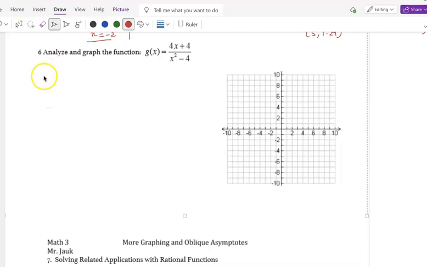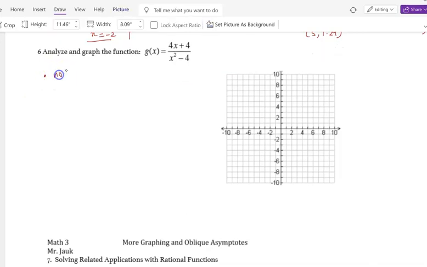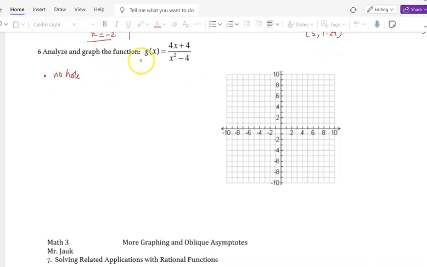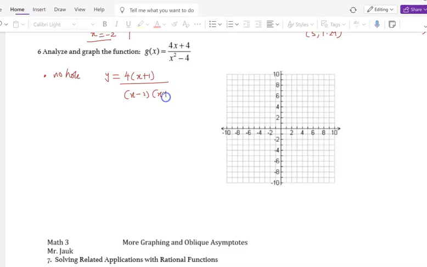So first of all, there's no hole in the graph. Why is there no hole in the graph? Because I factored it out and it's not possible to factorize. If you remove 4 common, this is x plus 1. In my denominator is x minus 2, x plus 2. Correct. So there's nothing that cancels out. Right. Okay. So how do you find out